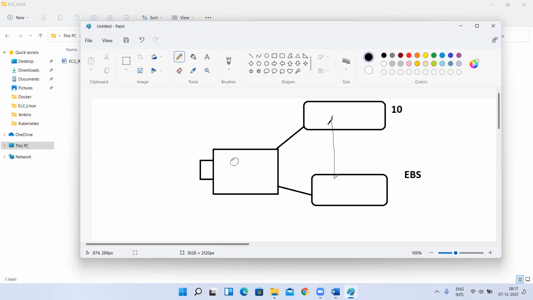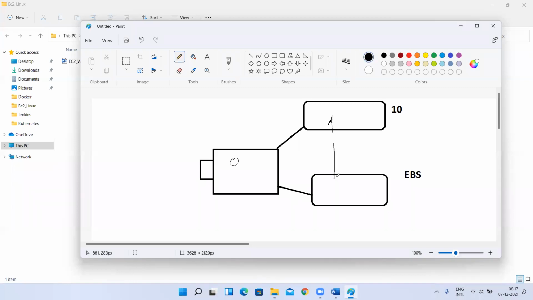Now, creating an external volume and attaching it to the instance is an AWS topic. Creating a file system and mounting it is a Linux concept.